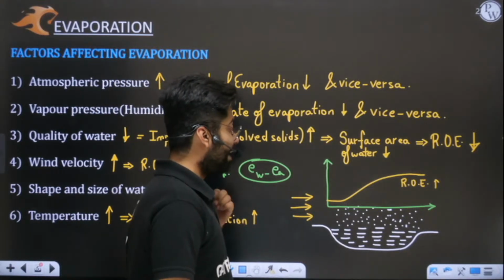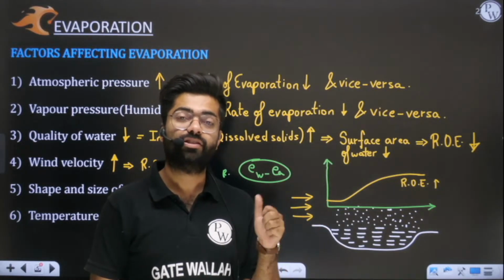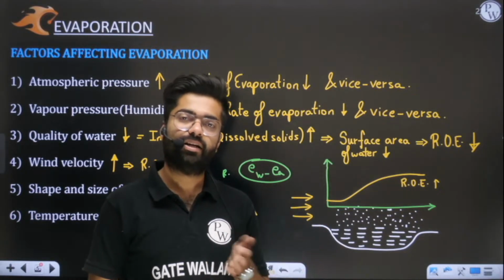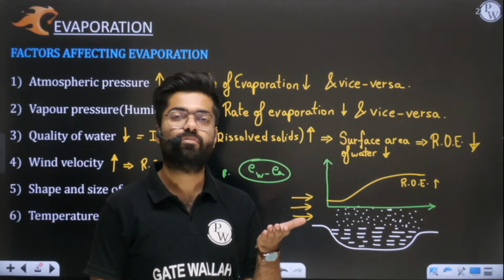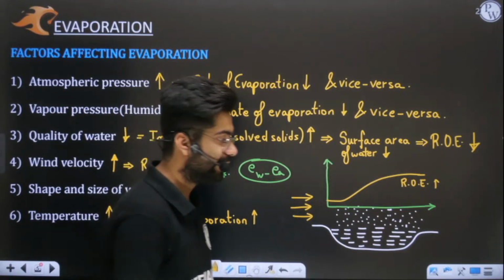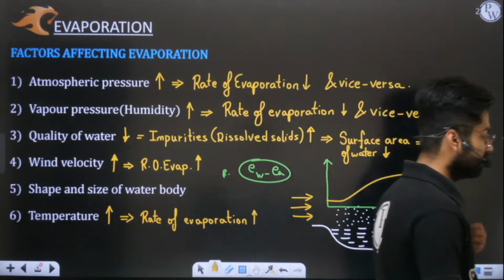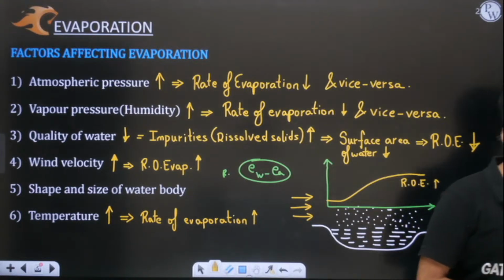Basically, you can say the action of wind is to clear off the moisture which has accumulated in the vicinity of the water body. It has to clear it off. When it gets cleared, again moisture will get evaporated. When it gets cleared again by the wind, again moisture will get evaporated, like that. So this is the ultimate mechanism with the help of which you will be able to understand how evaporation